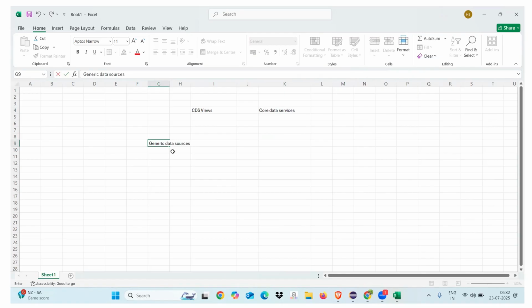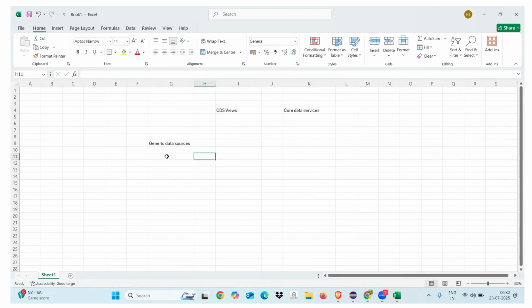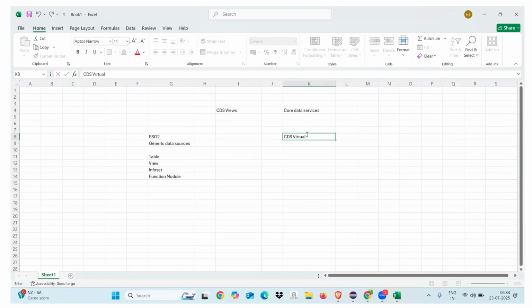We create generic data sources based on a table, view, info set, and function module. Based on these, we create generic data sources in RSO2. Nowadays, people are stopping using generic data sources and using CDS views as a replacement. The generic data source physically stores the data, and the CDS view is completely virtual, and it is code pushed down to